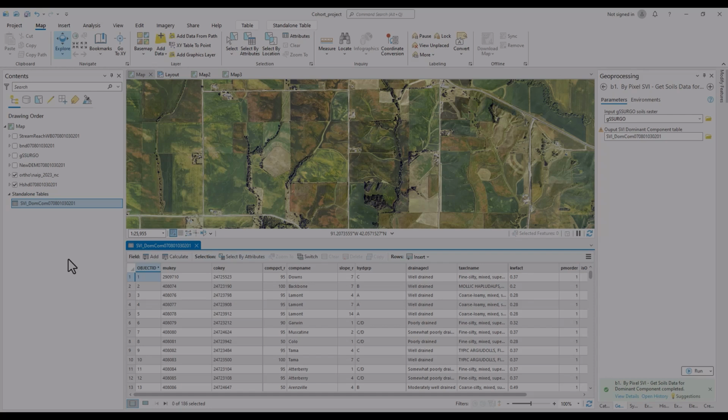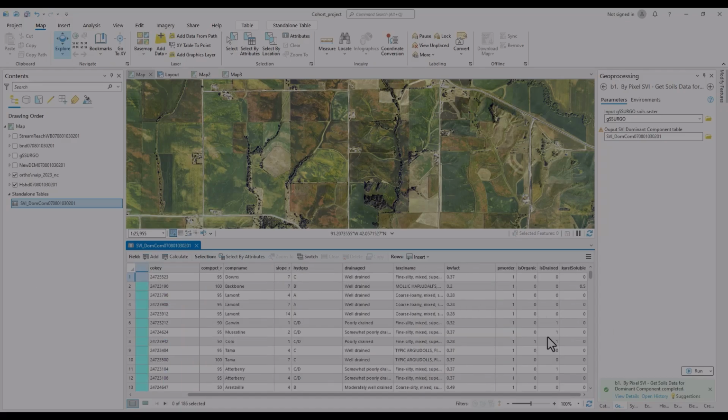As only a single component will exist per map unit in the output table, this table may be joined to your gSSURGO raster for mapping purposes using the MU key as the join field. Say we wanted to map how much potential karst topography was in our watersheds. We could map on the karst soluble field, as this represents the degree to which karst geology is estimated to